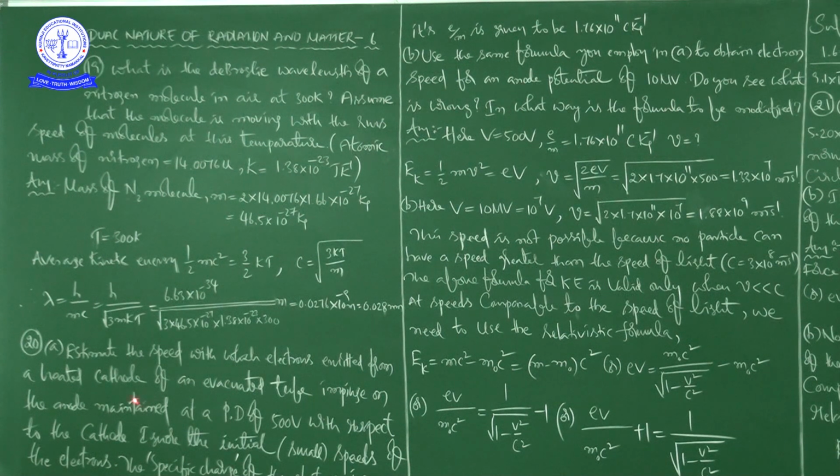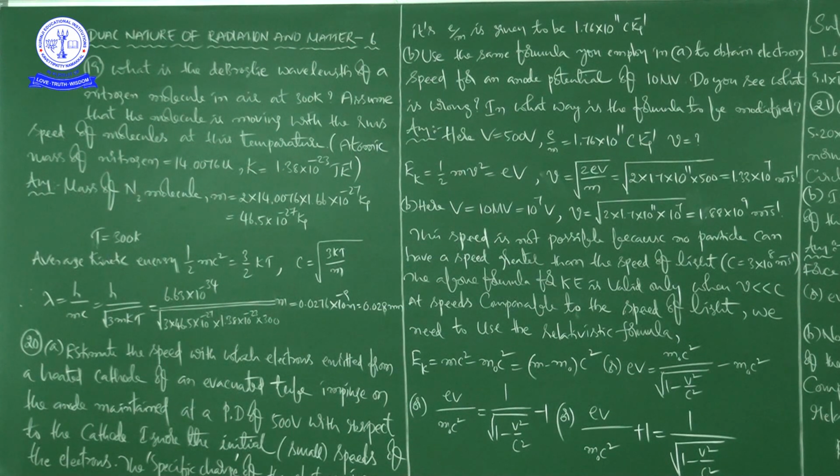Next problem, that is problem number 20. See here, regarding problem number 20, there are two parts, A and B. First I will explain the question and then we will go for the solution. See this carefully. Regarding problem number 20, A. Estimate the speed with which electrons emitted from a heated cathode of an evacuated tube